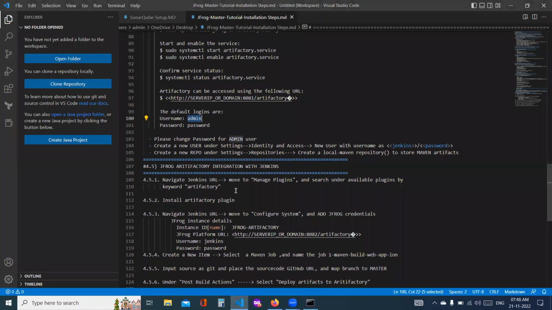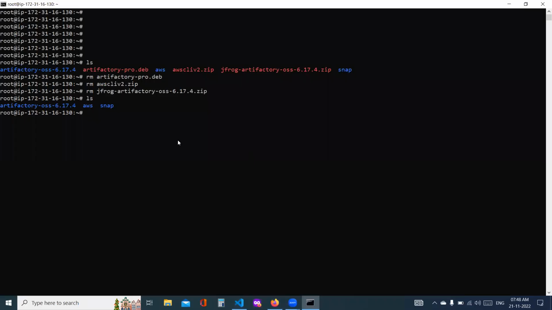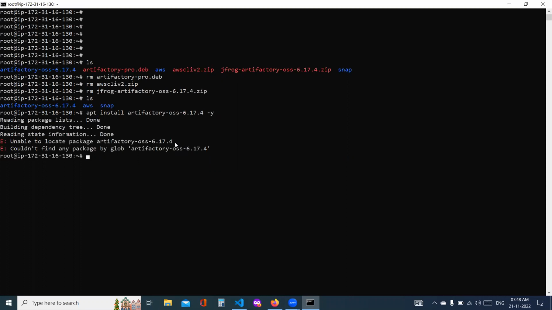Can you install this OSS software? apt install artifactory. So participants, the best solution that I can do right now for you is, let me just pause the